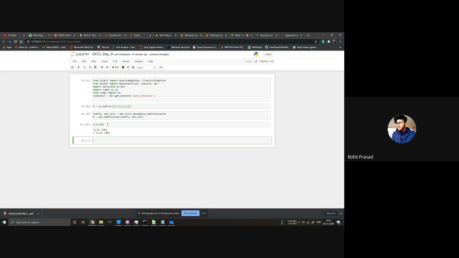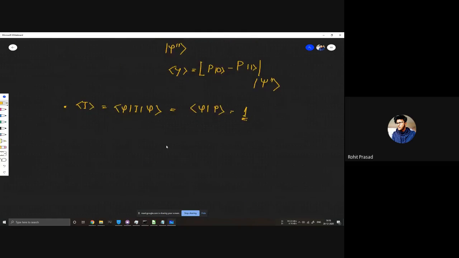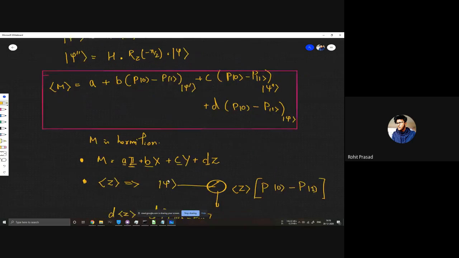So from there, we now know that our matrix can be decomposed in this form and written as 1 into identity, 2 into X at 0. So our M is 1 into identity plus 2 into X. So the first step has been done, right? This first step has been done.